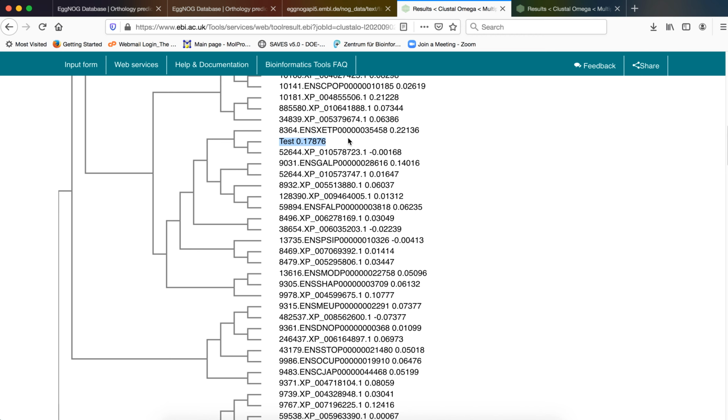So this is in whole how we analyze results from eggNOG and how we use the results that we get from eggNOG to generate a proper phylogenetic tree and study the position of our test sequence in comparison with the orthologous sequences from other organisms.